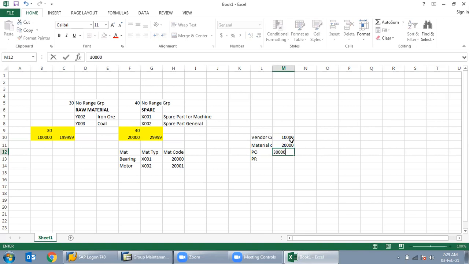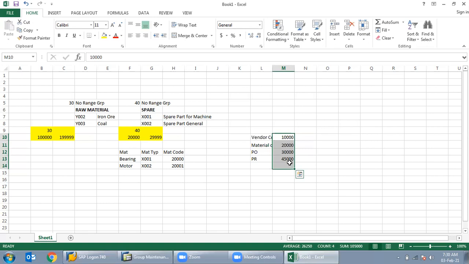For any master data or particular transaction, a number range must be assigned. It can be internal or external.